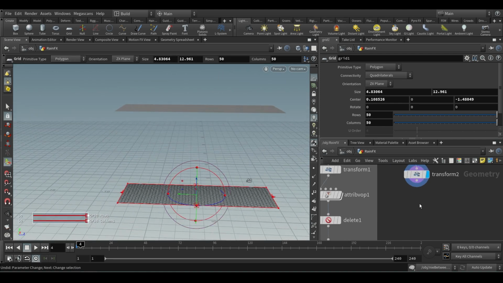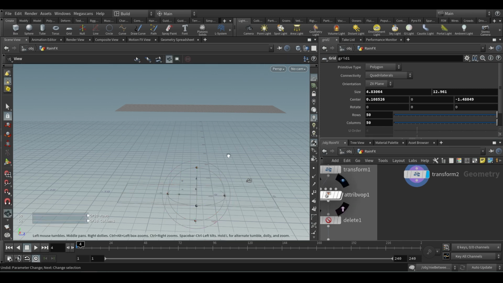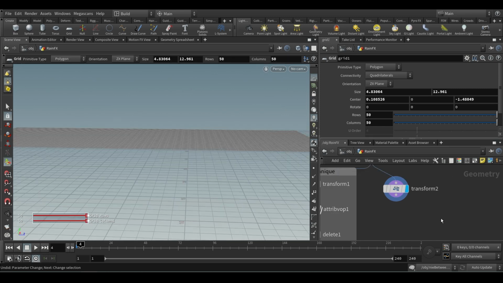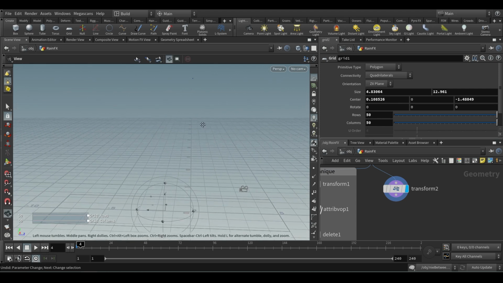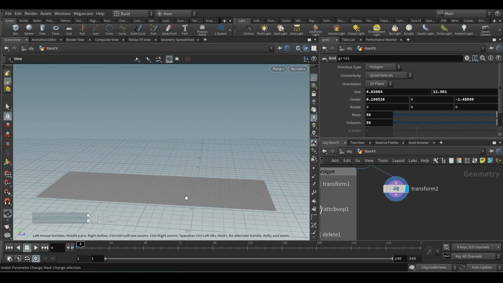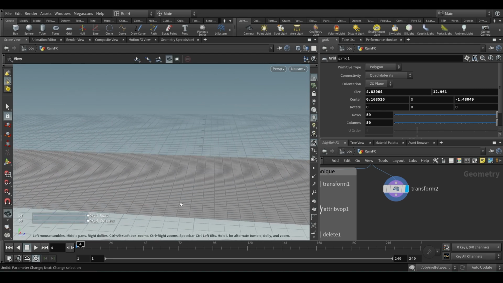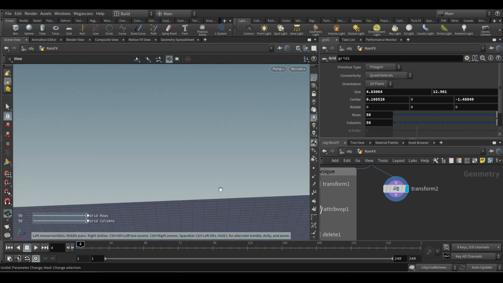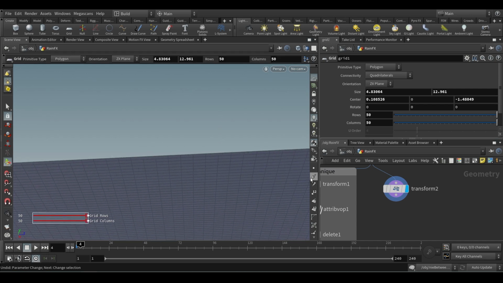Okay, and the next thing we want to do, in this method we are planning to give the force or velocity in the geometry level, right? So we need a velocity to drive the particles downwards. As a default, the normal is facing up here. If you want to see that, then turn on the display.